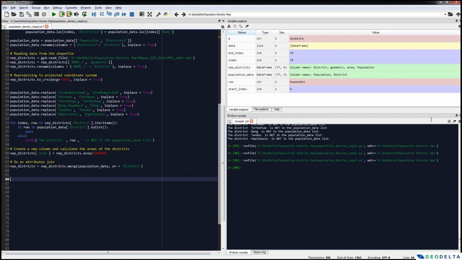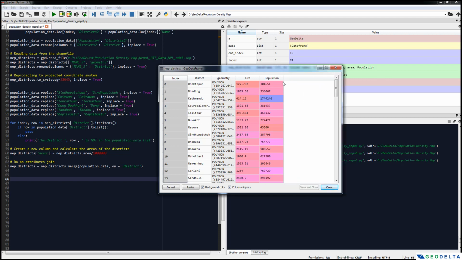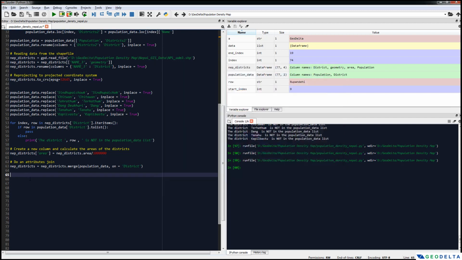And now it's quite straightforward. We create a new column over here called population density, and basically the population density for each district is going to be the population divided by the area. So that gives you how many people there are per 1 square kilometer in that particular district. So that information is going to be presented for each of these districts. So how do you do that? We can